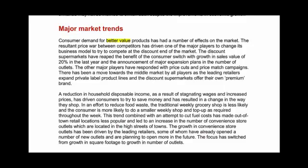Here I want to draw your attention to this 20%, because 20% sounds very big, and certainly it is very big. But what is it 20% of? And within our P1 syllabus, which is a continuation from the statistics within the certificate subject, we learn to be a little bit cautious on percentages. So I'm going to say apply caution. We know, for example, that the 6 major players are taking 60% of the market, and these discount supermarkets may well be growing at 20% a year, but if you start from a very low level of revenue, 20% is more easily achieved and constitutes a much smaller amount of the total market value. So apply caution